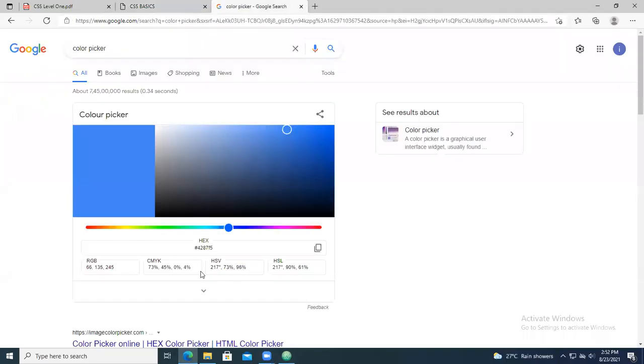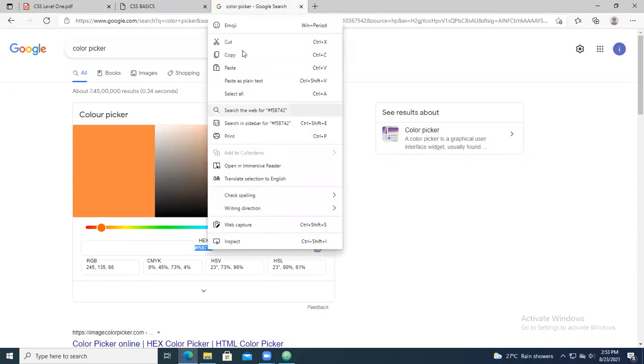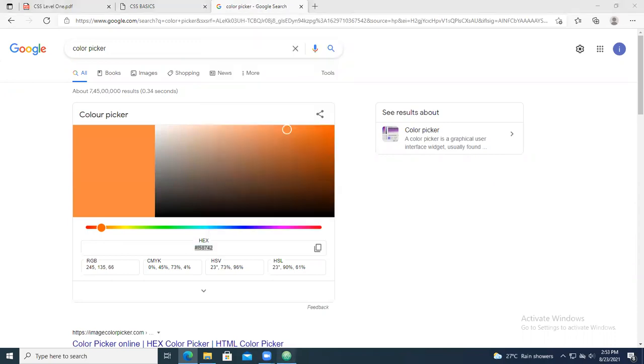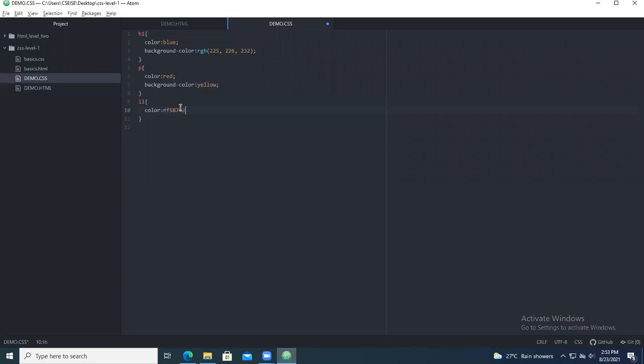So go for the color picker. So till now we have gone directly the color as well as RGB. So now I'm going to give the hexadecimal value. So I'm going for this color. Okay. So hexadecimal value, this is the value. Go for copy, and under the code, you give that particular value. Okay.